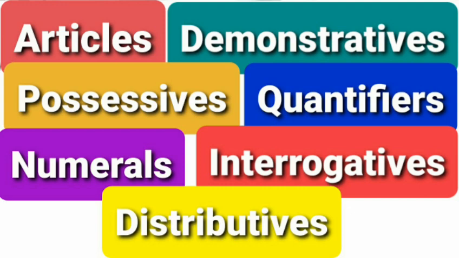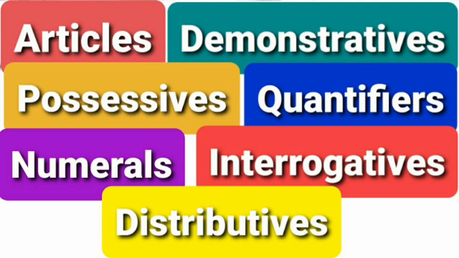Distributive. Distributive means this shows that things or persons are counted individually. They refer to members of a group as individuals. Here they have given the keywords either, neither, each, every, both. All these come under distributive determiners. Both of them are in the house. Each of us drinks about 2 liters of water a day. Each girl must bring her own bag. Either you buy it or you don't. My mother isn't a teacher, neither am I. All these examples come under distributive determiners.